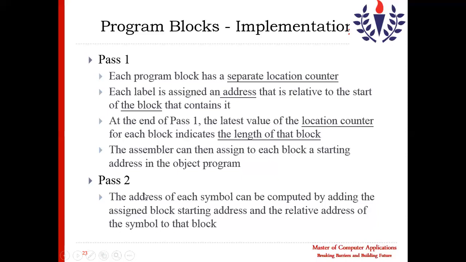So it is written here that the address of each symbol can be computed by adding the assigned block starting address. See here it is written that each block will get the assigned address. Assigned address means the execution address. So that starting address will be added with the relative address. Relative address means the source code address. The source code address of the symbol will be added to the assigned address of the block,